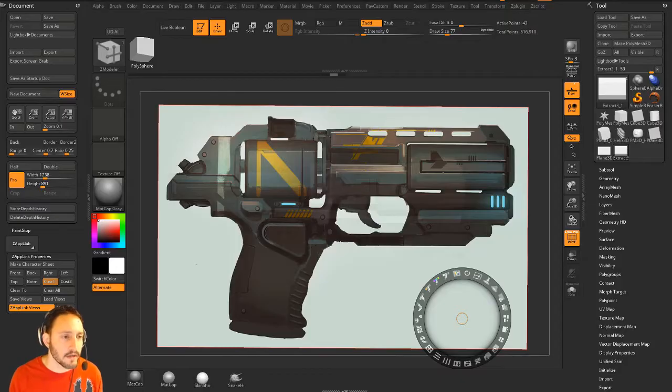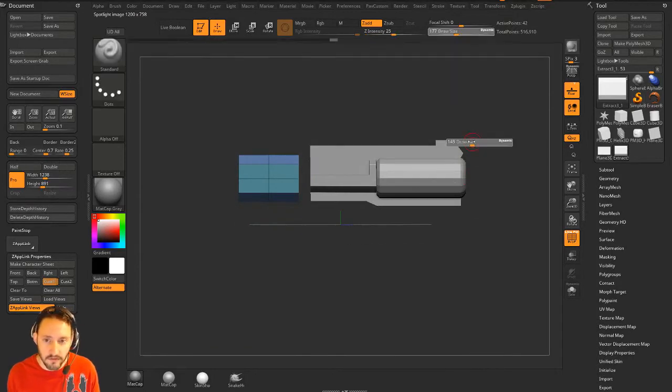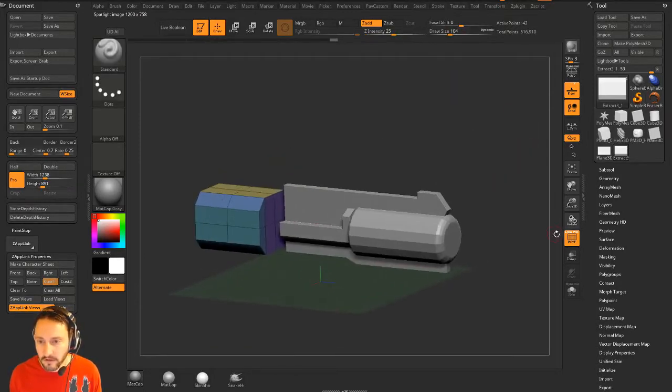With ZModeler Crease, when I export the program like 3D Studio Max, the creases are gone. Is there a way to retain it outside of ZBrush? Yes. When you export this outside of ZBrush, at least it works for Maya. I can't speak for 3D Studio Max. I haven't used that program in 5 or 6 years, but in Maya, what you can do, for instance, if